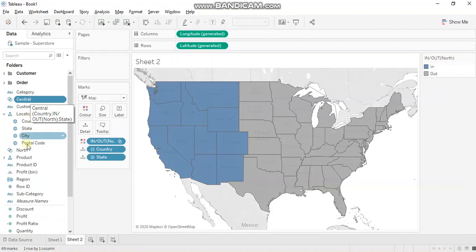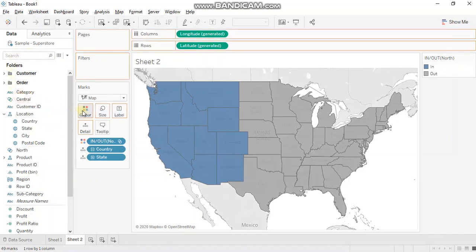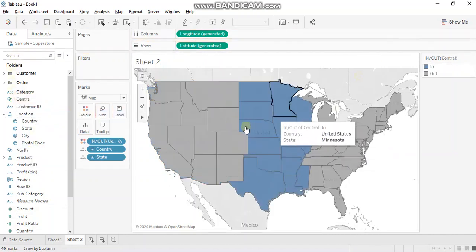But when you create a set, each set gets created as a separate entity. So if I bring central to color, I can just see what are the elements within the central set specifically, and the rest of the states are denoted as out.